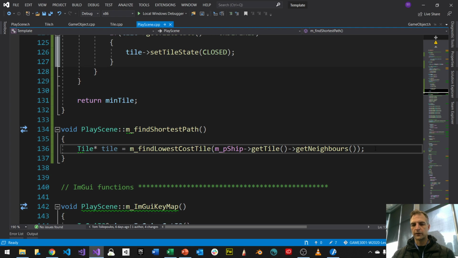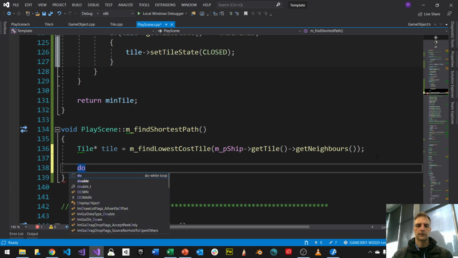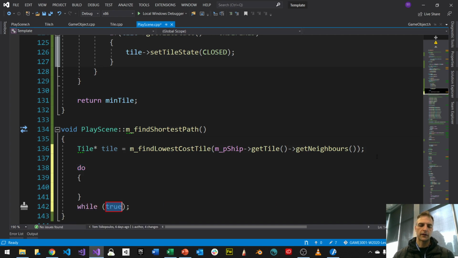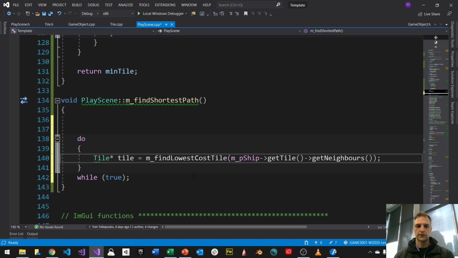But I want to loop through it. I want to say that, okay, fine, now that I have the initial tile, that's my first tile, right? I want to take that tile and find the shortest path from that tile. And I want to keep looping until I've found my goal. So you can use a do while, right? That looks kind of like this. So do this until my tile